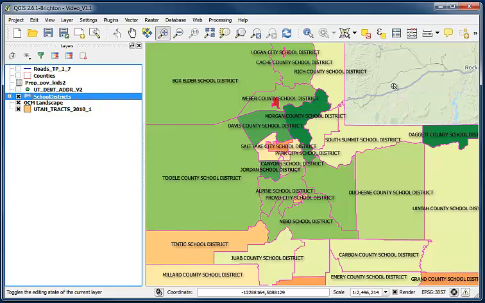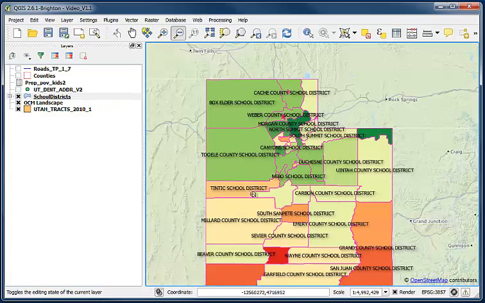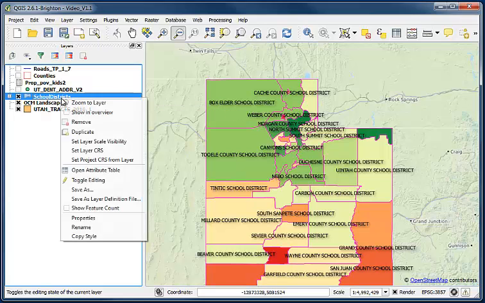Notice here it's forgotten to print, oh no, that's outside the state. In fact, that's raised the other issue. Let's just go back in magnification a bit so you can see what it's done here. See there, it's now shaded each school district with the relative number of poor children in each district. But have you noticed it's covered up our underlying map? And you know, I like to be able to see the underlying map even though we want the shading as well. I want both. So what we do is we right click, back to properties,